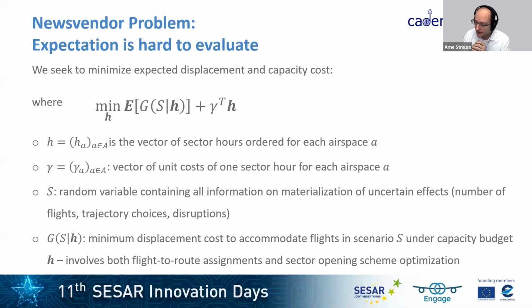So specifically in our case here, we can in principle cast the problem into this shape where we're seeking to minimize the overall cost that arises from making, first of all, a decision regarding what is the actual capacity that we would like to plan for. That's in this case a vector of sector hours, which is what we chose as a representation of capacity. That of course incurs a certain cost. So basically this gamma times h is representative of the immediate cost that we are incurring right now. But then this expectation that we've got in the formula, that is the future uncertain cost.